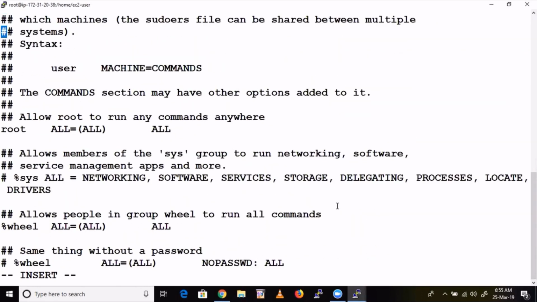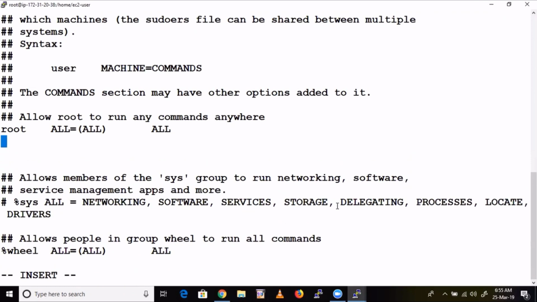Here you can see root. Now Ansible, NOPASSWD: ALL. Fine.